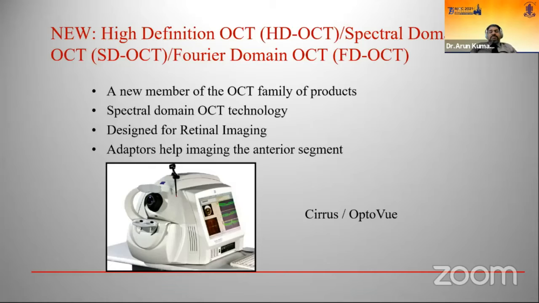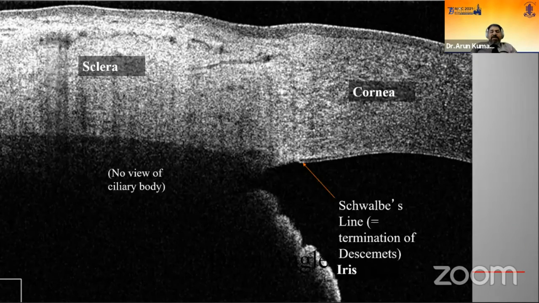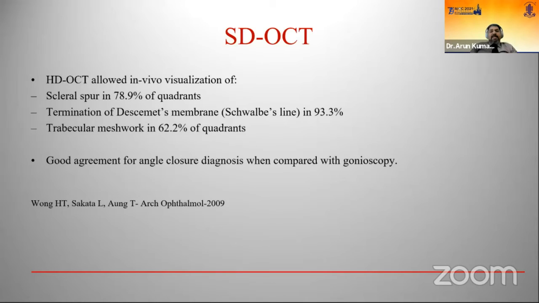Now, the problem of the scleral spur and its definition was considered, and it was thought that if you increase the resolution, maybe the imaging is likely to be better. And that's where the spectral domain OCT platforms and the Fourier domain OCT platforms came into the picture. However, they found that while they could definitely see structures better, it does not mean that the scleral spur was seen better. We're able to identify structures such as Schwalbe's line, the trabecular meshwork, and Schlemm's canal. What was noted in the analysis was that the structure seen most prominently was Schwalbe's line, and the definition of the scleral spur continued to be around 79 to 80%, still not good enough